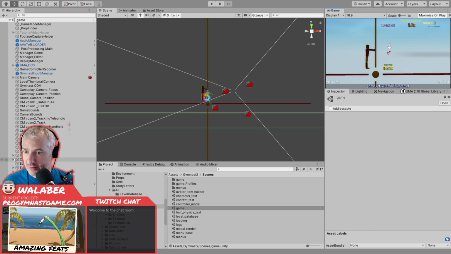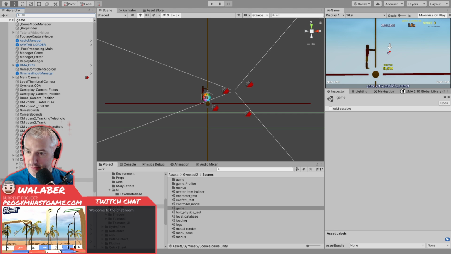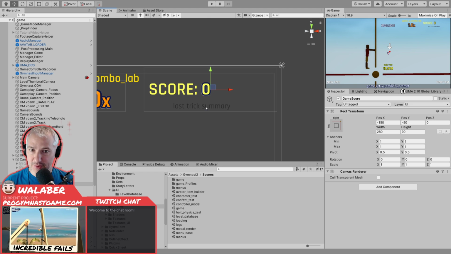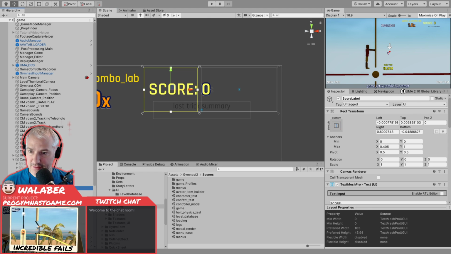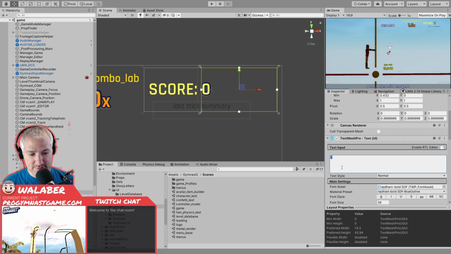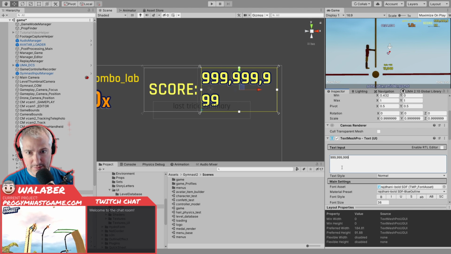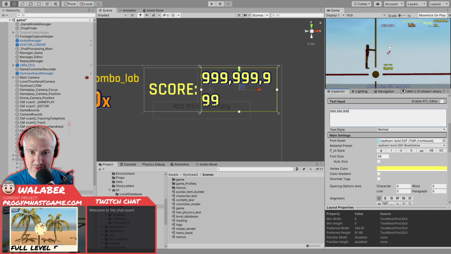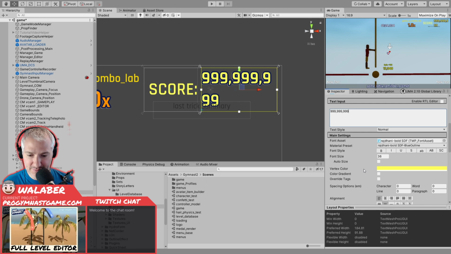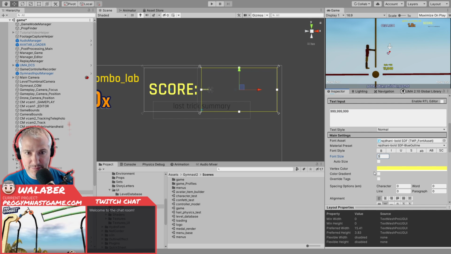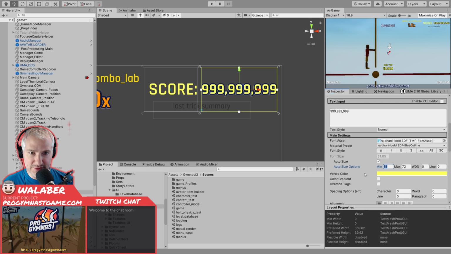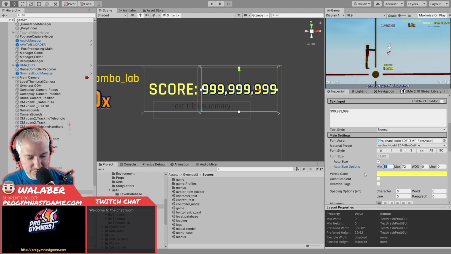So we're going to go look real quick at this. The game score had a problem, which is if you get a really big number like that, it word wraps and looks kind of dumb. These numbers are kind of huge, so maybe those shouldn't happen that often, but we are probably going to do our new favorite thing, which is auto size. We're going to set the minimum to, if I set the minimum to 32, it'll be too big, but if